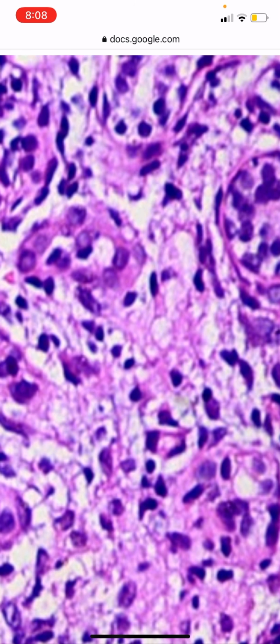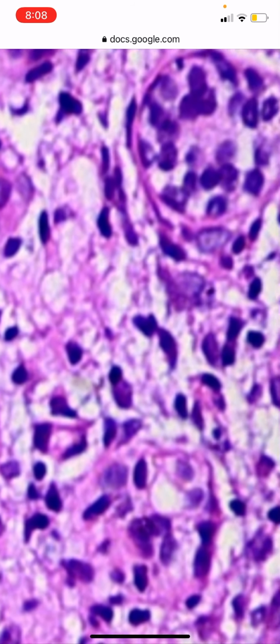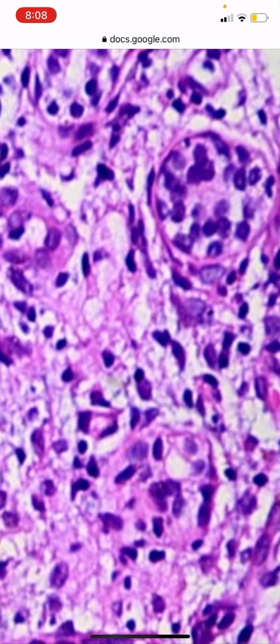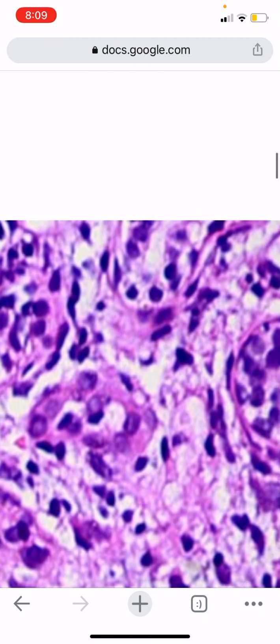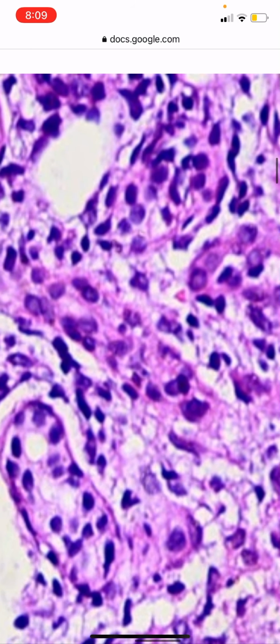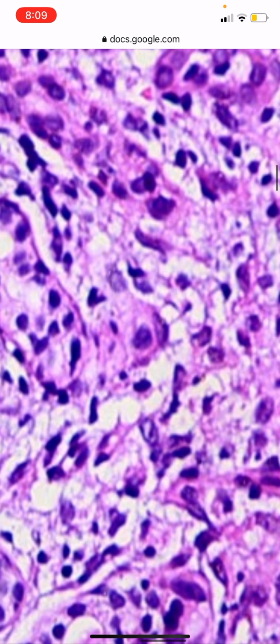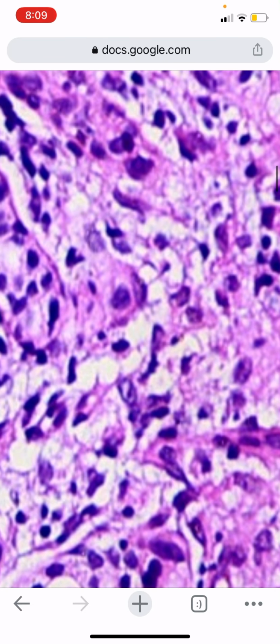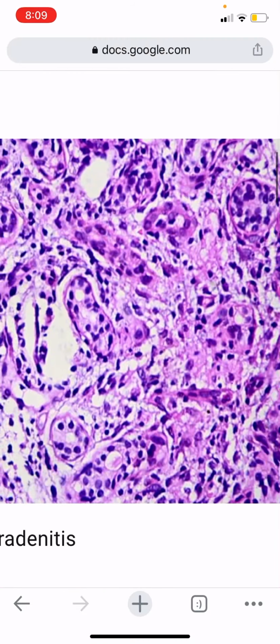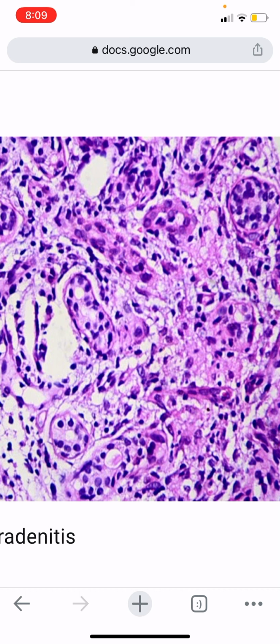So histiocytes with lymphocytes. In the middle you're seeing a round cell with a darkly stained nucleus with hardly any cytoplasm. These are lymphocytes. So this is a lymphocyte in the center. The paler cells with pale epithelioid nucleus are histiocytes. The round dark cells are lymphocytes. So lymphohistiocytic infiltrate, basically a granulomatous infiltrate with foamy cytoplasm, especially in the Indian context when the inflammation is present